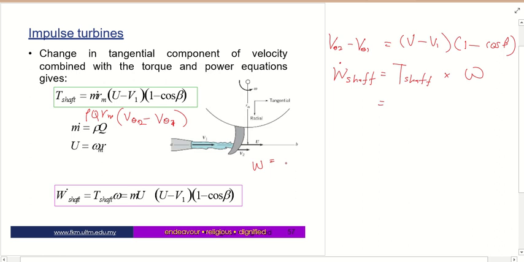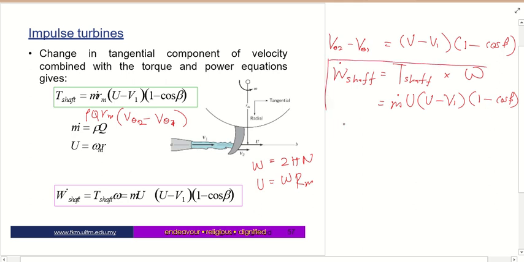Omega equals 2 pi n, but U, the blade speed or the bucket speed, equals omega R_m. Okay, so we will come up with m dot U (U minus V1)(1 minus cos beta). Okay, so this is for the impulse turbine, to find the power produced